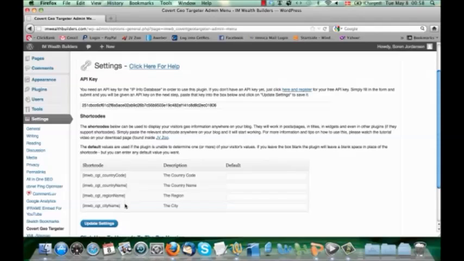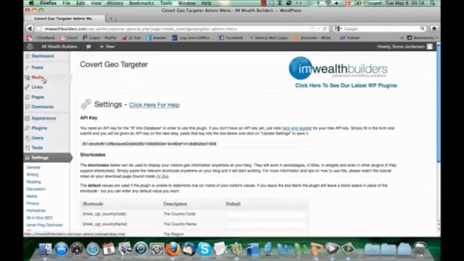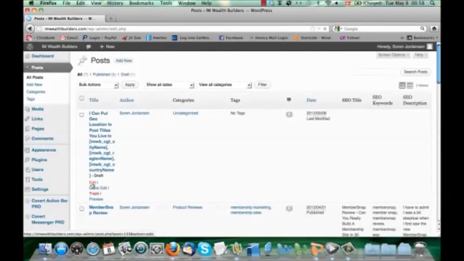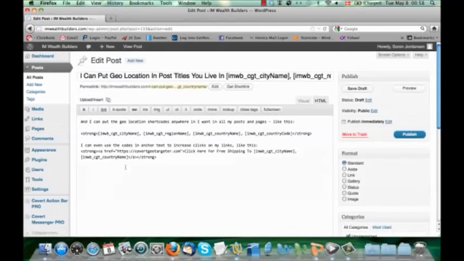So that's it in here. You have these shortcodes, and then you can put them anywhere on your blog, and I'm going to show you exactly how that works. If we go up here to posts, I believe I have made a draft that we can go look at. Indeed I have. I click on edit here, and we can see that I have started using the shortcodes in here.